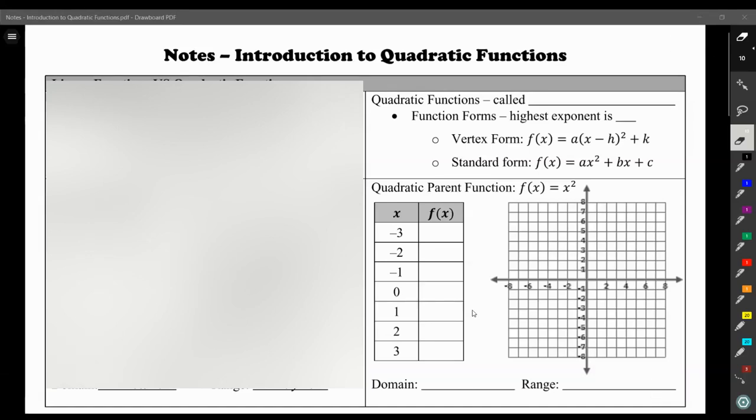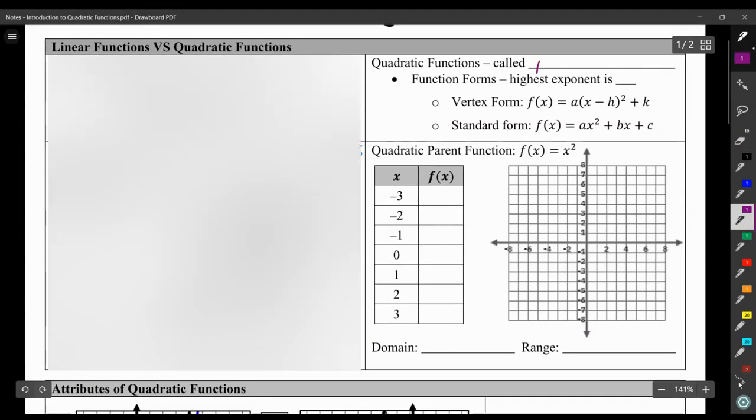Introduction to quadratic functions. A quadratic function is also called a parabola. That is the U shape of a quadratic function. You'll see here in just a minute that they are actually U-shaped. For the functions, the highest exponent is a 2. They are squared functions. That's why they're called quadratics, because if you found the area of a square, you would